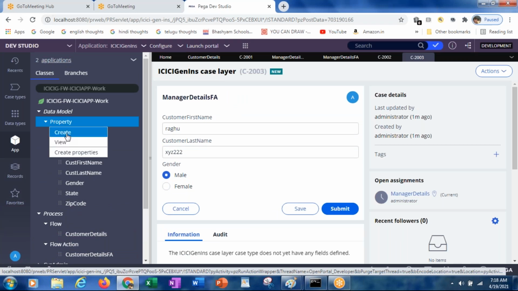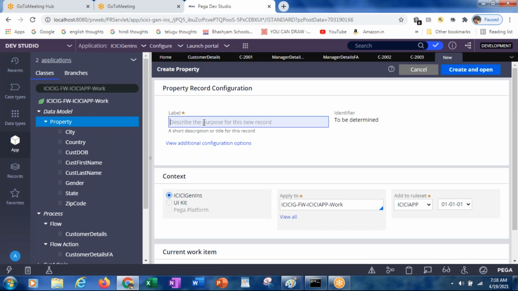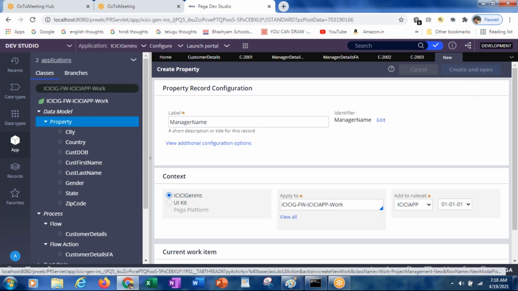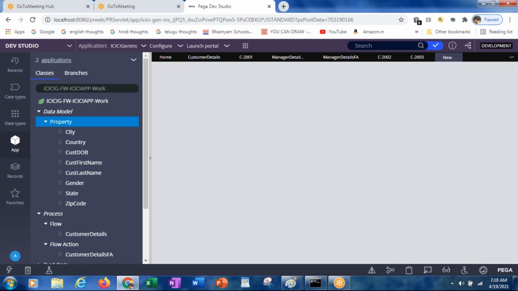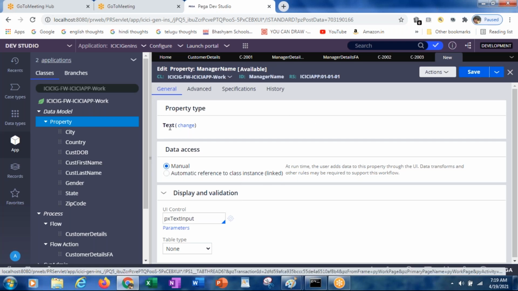You need to create one more property, like manager name. The type will be text only, and I don't want to change any UI control or anything, just save it.